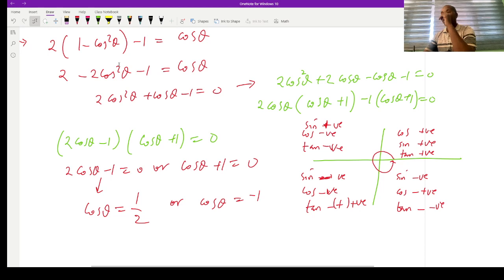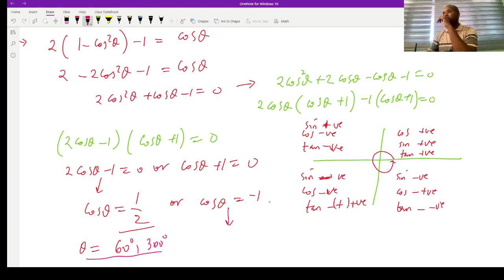So with these details in our hand now, having cos theta equals a half, of course, you'll be taking cos inverse of a half, which is the first angle, going to be 60. But we know that cosine is positive not only in the first quadrant, but even the last quadrant. So it means the other angle will be 360 minus 60. So it will be actually 300. So it means we have 300 degrees and we have 60 degrees.